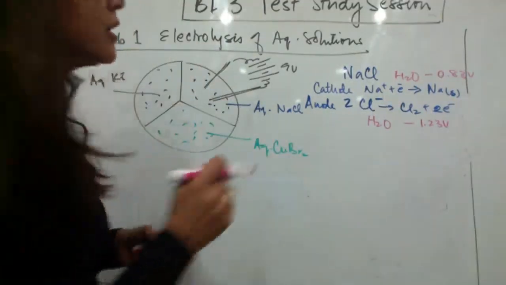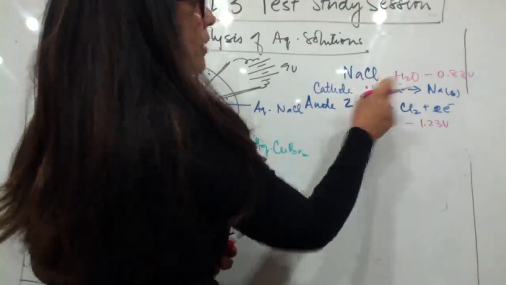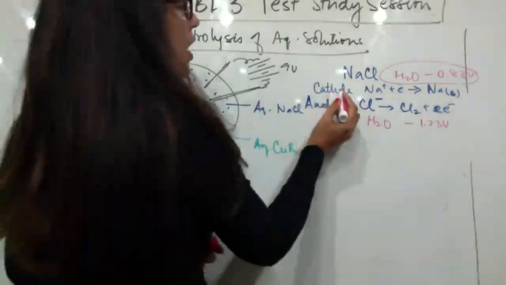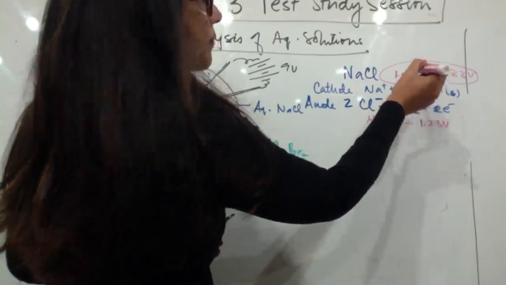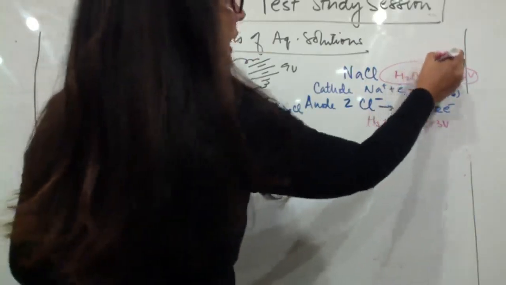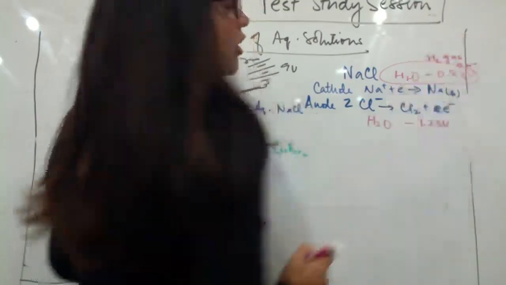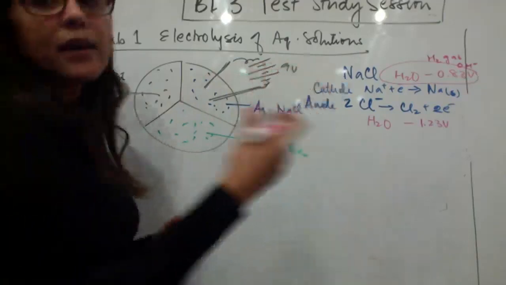That I remember, but I do not remember sodium's reduction potential. But what I remember is water's reduction potential was higher. So what actually gets reduced is water. So what you see on the cathode is actually hydrogen gas being formed, and then hydroxide ions are formed, and the hydroxide ions make it pink around that